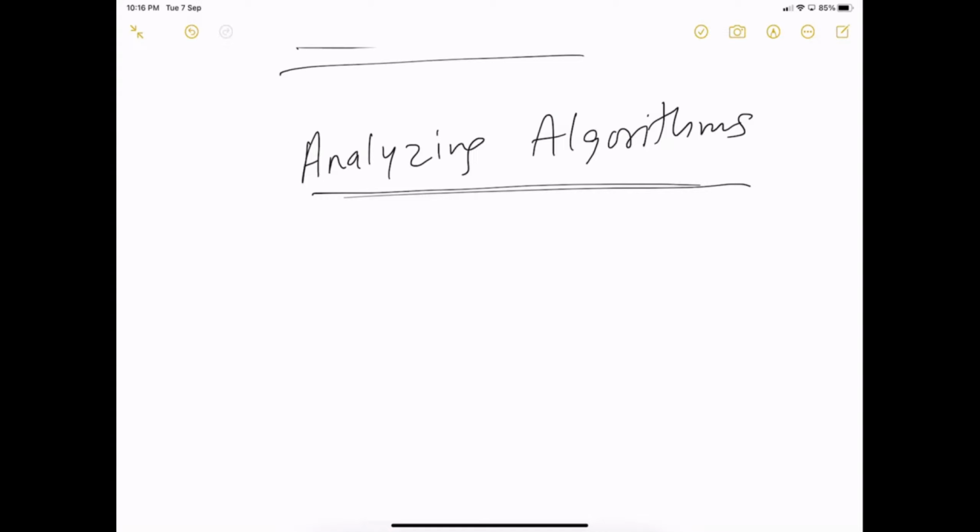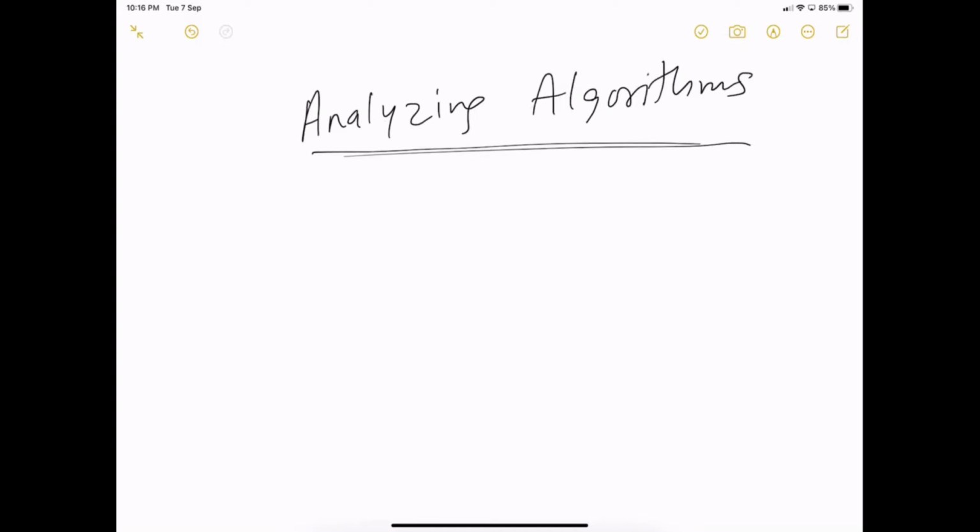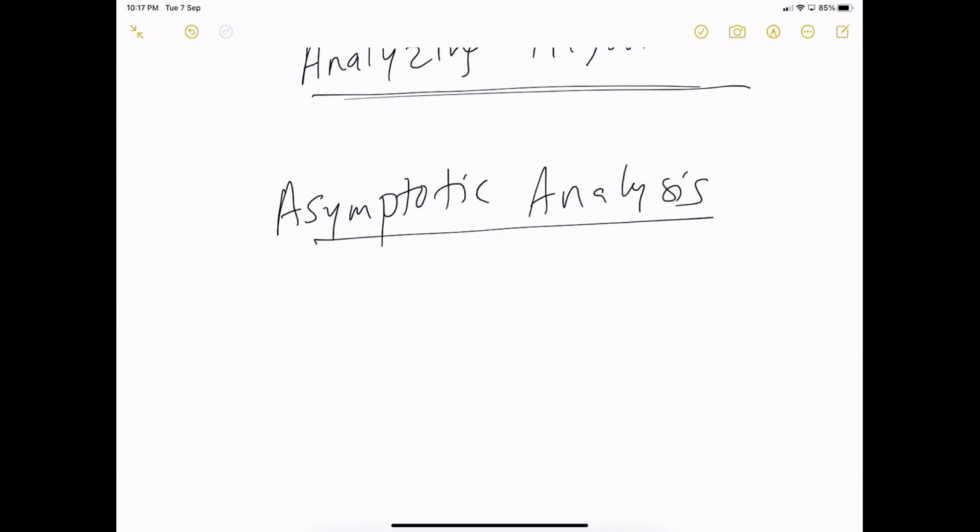So what is that analysis process called? It is generally referred to as asymptotic analysis. What do you mean by asymptotic analysis? Let me give you an assignment. If you Google the meaning of the word asymptotic, what will you get? The literal meaning of the word asymptotic is approaching a given limit, usually infinity, but without touching it. So it is kind of approaching a limit.